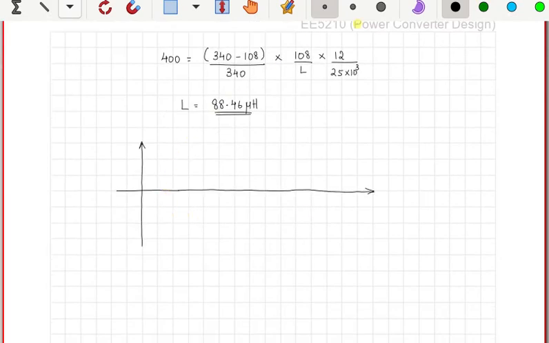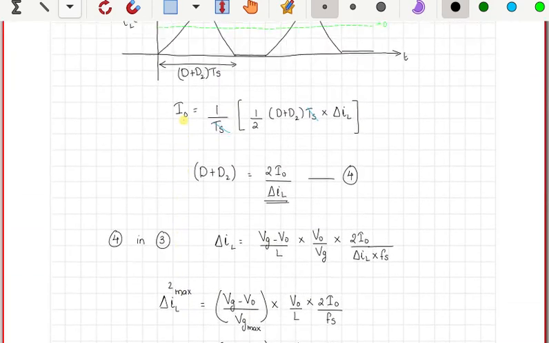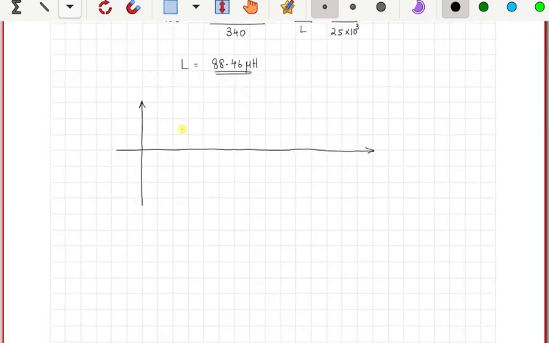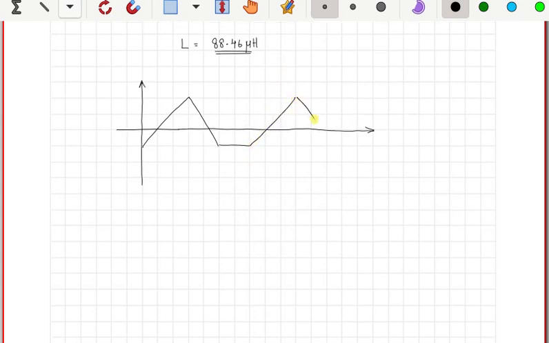So what you will then have for this capacitor current waveform is, it would be something like this. And then it repeats itself,